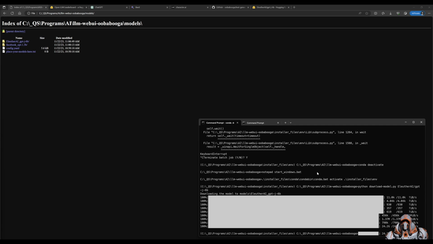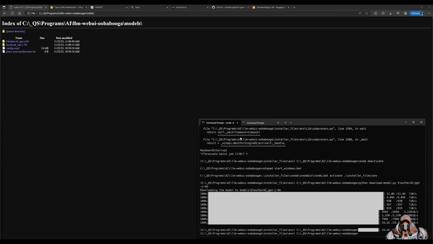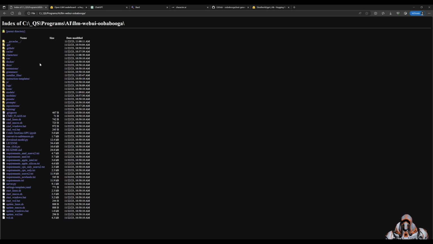Wow, okay, these models are very big, so be prepared to have some free disk space taken up by these large models. Okay, so the download's done, and now we have our additional model, but I want to show you some preparation work for the